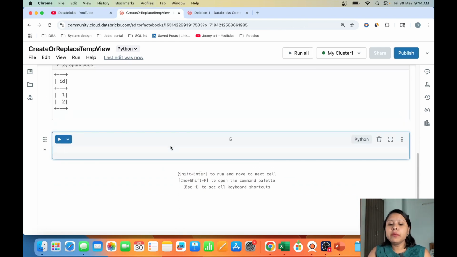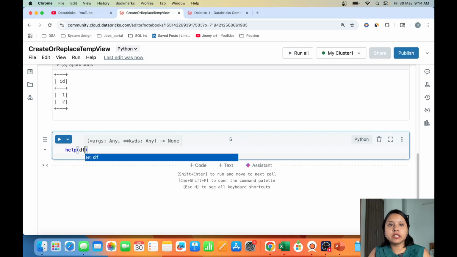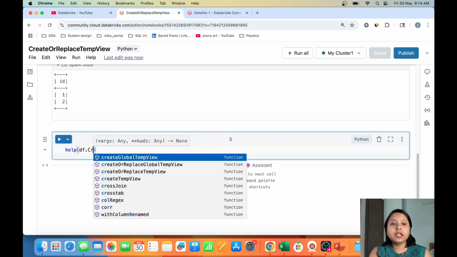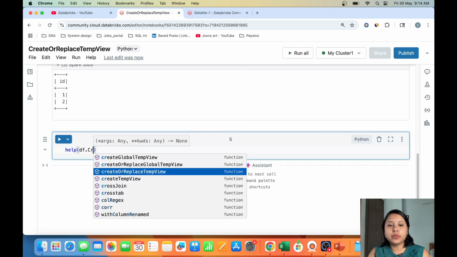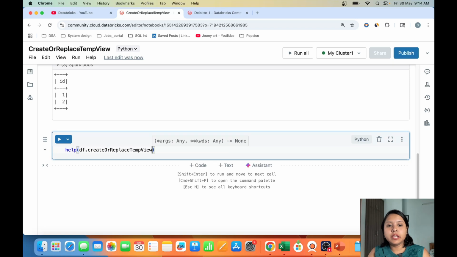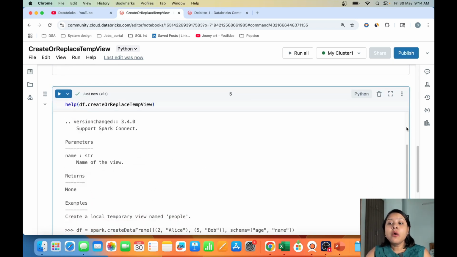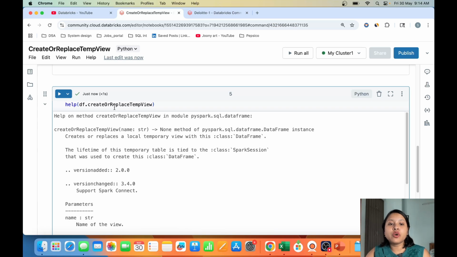So as we were mentioning, there is this createOrReplaceTempView. Let's first see the documentation of this particular function. So that is help and then df.createOrReplaceTempView. So in this, let me run this. It will give us the documentation explaining what exactly is the feature of this and how exactly to use it